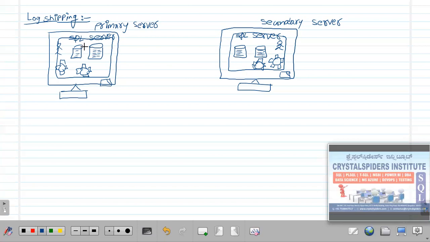So what we are going to do is push those changes. Let's say this is my one database D1 and this is the database D2, and on the secondary the same D1 database. We are going to give it the same name, D1, and D2 also. Whatever changes are done in the D1 database, I want to push those changes automatically over to here, guys.